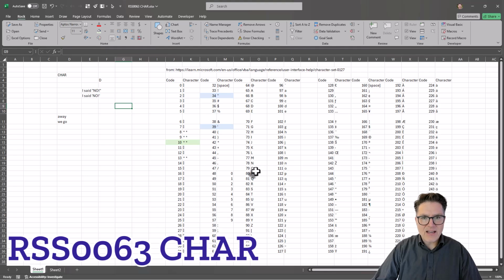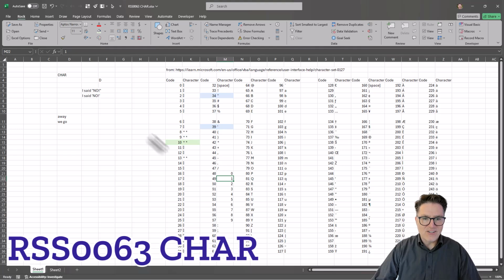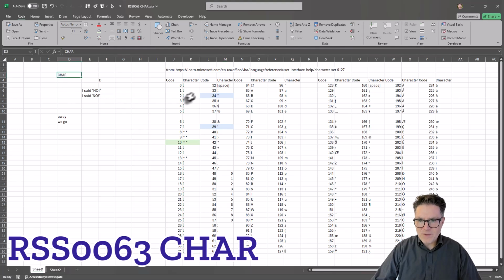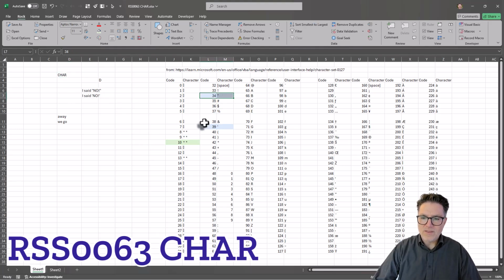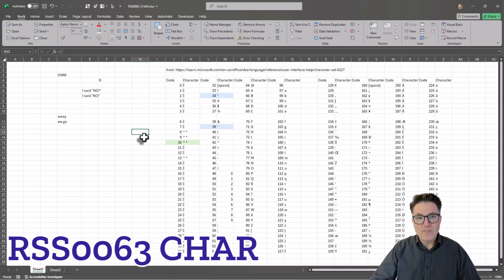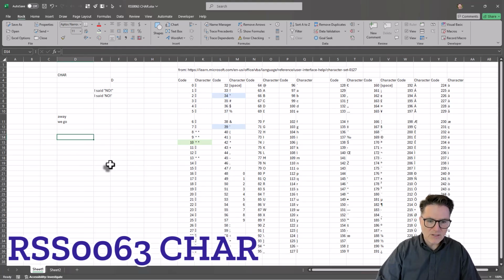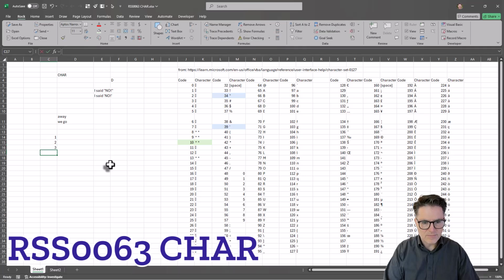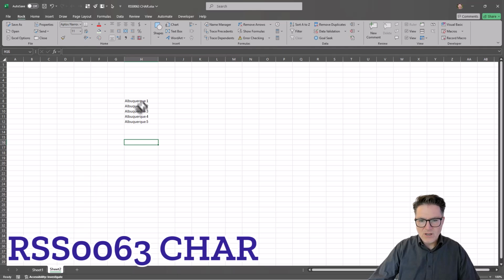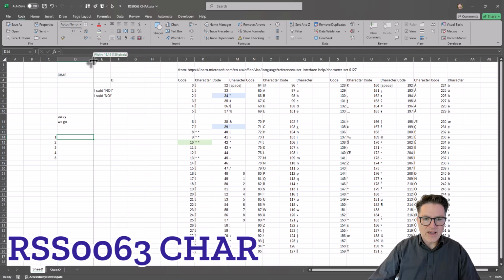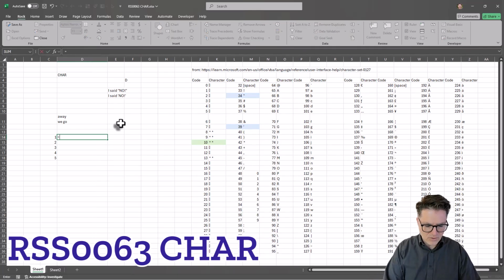All right, so out of all of these, when you find yourself wanting a way of accessing a character without actually using that character, CHAR is a function that allows you to do that, but it's especially important and helpful with the double quotes, single quotes, and carriage return. I especially use it when I'm building a reference to another sheet. For example, if I wanted to build 1 through 5 here,